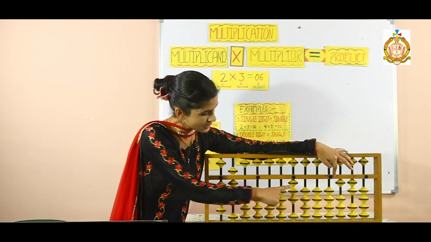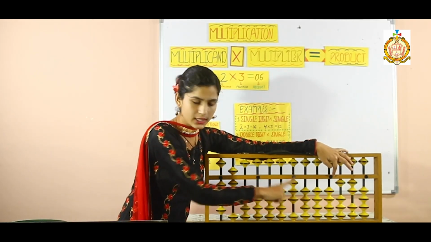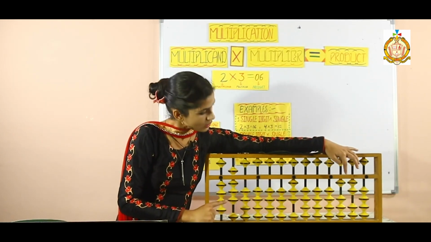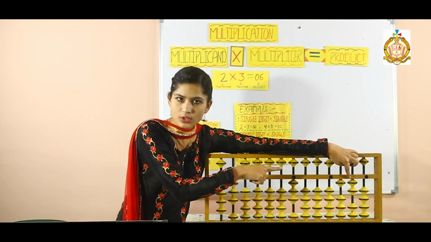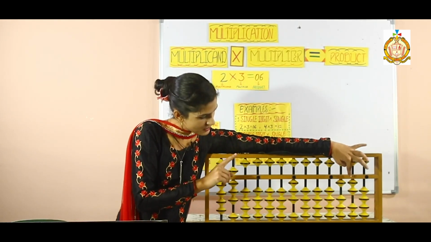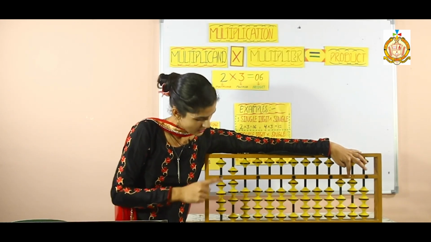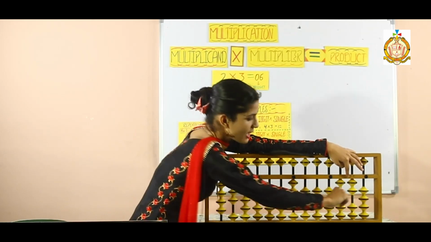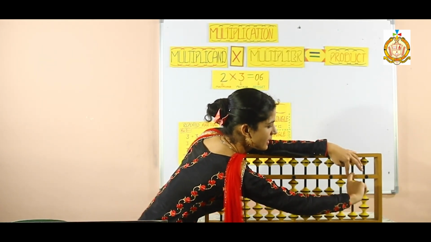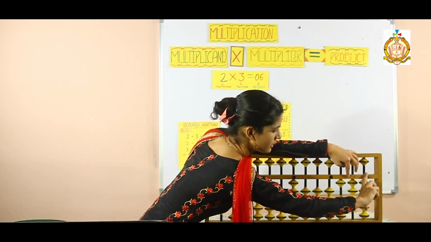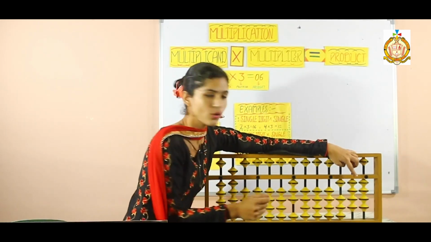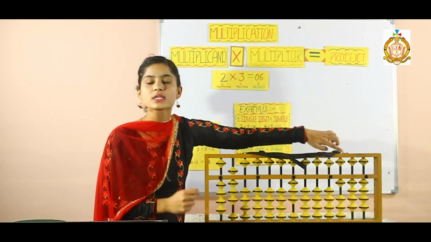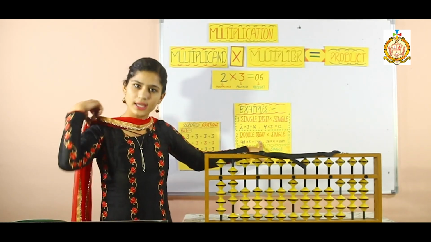Okay, now the multiplier is 3 and the next multiplicand number is 8. So multiply 8 with 3. Keep the finger on the second rod now, because the 2 indicates the second rod. Keep the finger where you added 2. Now 8 into 3 is 24. You have to start again from the second rod. Add 24's 2 here and 4 you have to add here. Now 4 is added. Now count. 1, 2, 3, 4, 1, 2, 3, 4. Your answer is 144. That is already written here.